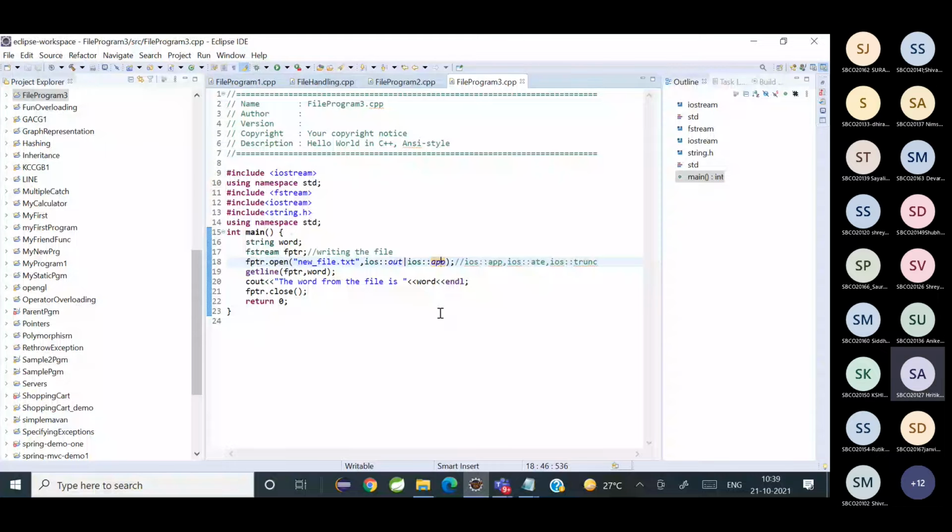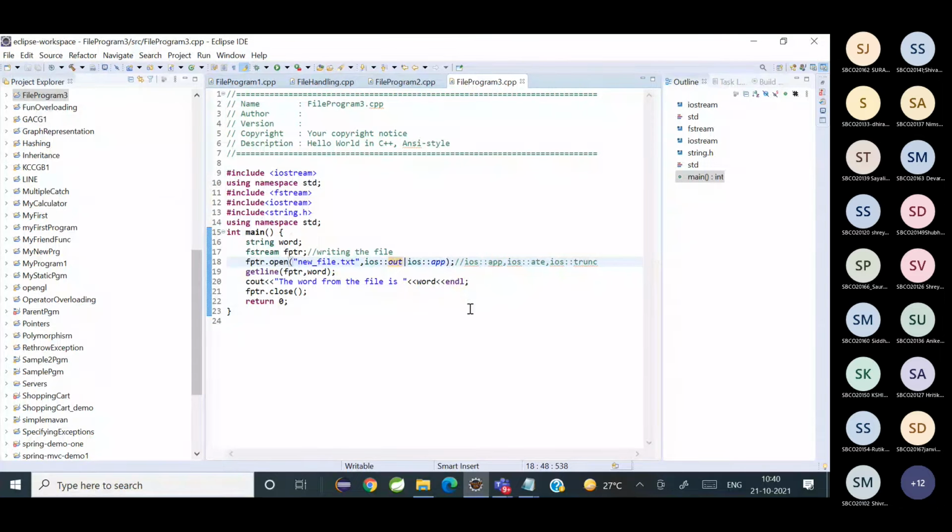It will not append to the end, but it will start from the first line. Yeah, it will start from the first. So I want to retain the earlier data and then add new data to the file. In that case, what will you do? I will open it in the output mode and I will use append also.